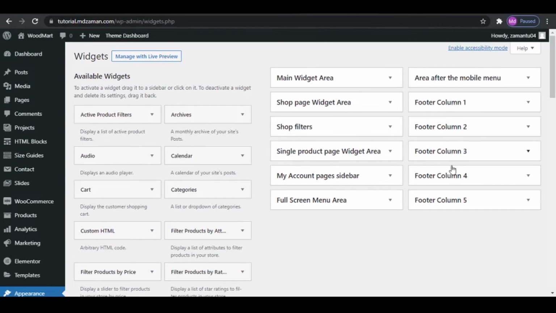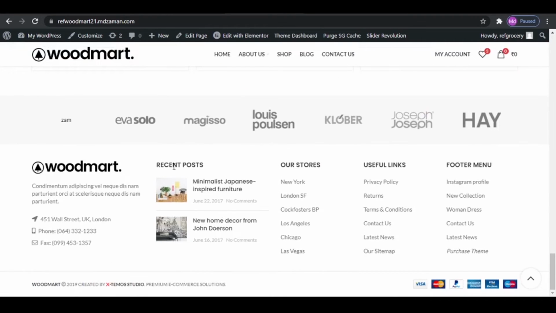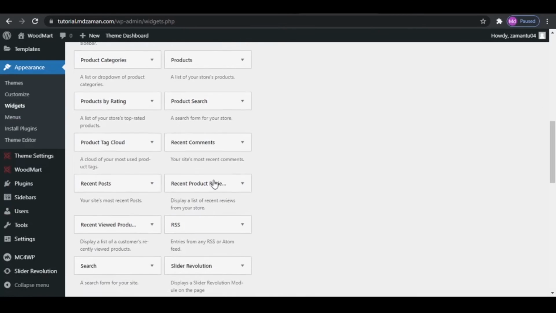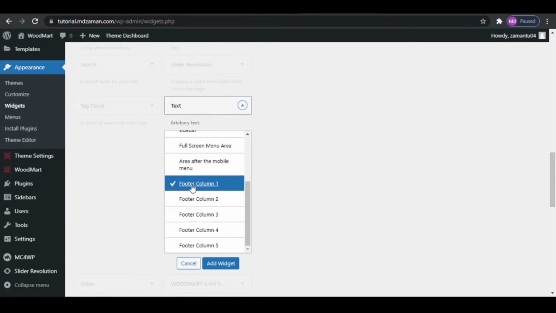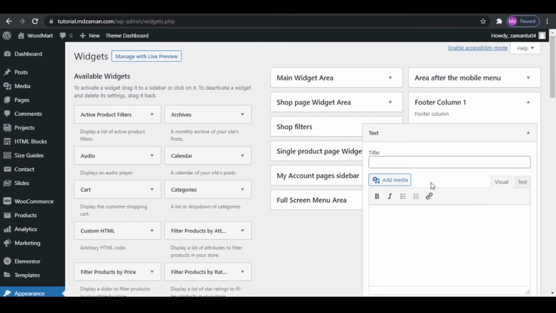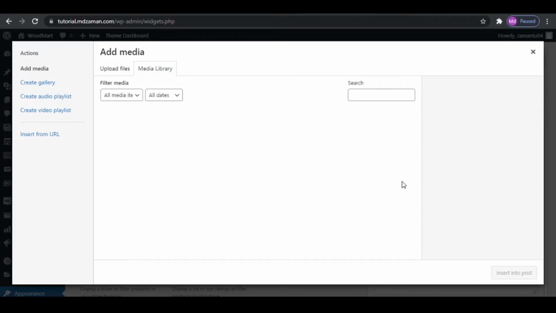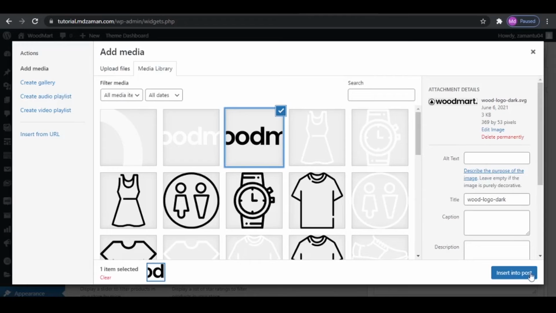And here we have 5 different options for 5 different columns at the bottom. You'll find 5 columns over here. So we'll come back, and first of all, we will add a text widget. So let's search for the text widget. It is over here. Make sure column footer 1 is selected. Now click on add widget, and you'll have that widget added over here. First of all, we have the logo, so we'll add the logo. Click on add media. I have already uploaded this logo, so I'm going to select it and click on insert